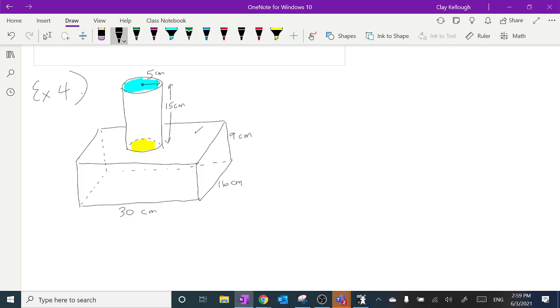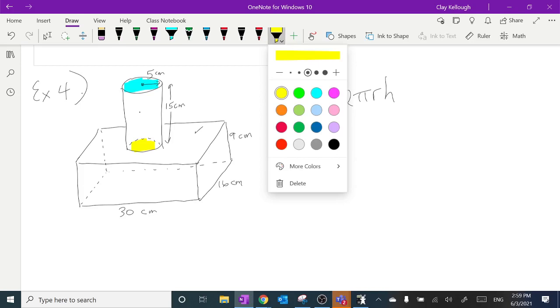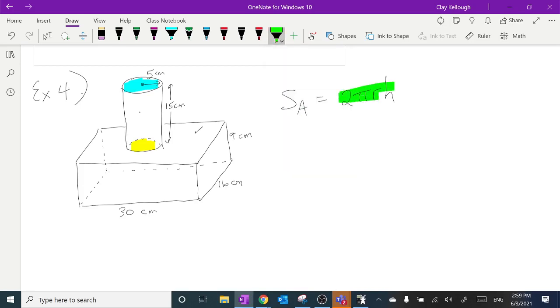Okay, so this object is made up of this piece here, which is, remember, 2 pi r h, which I'll do with, let me get a different color here. Let's see, what have I not used? I haven't used this lovely green. So this part of the formula here is this surface right here. Right? Plus